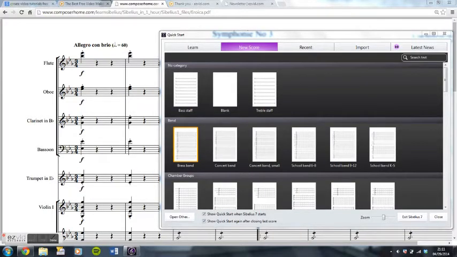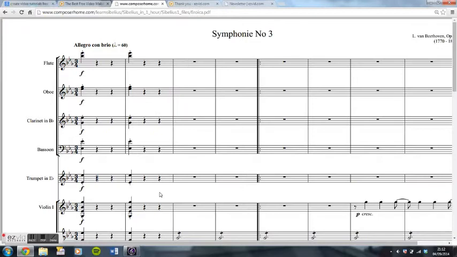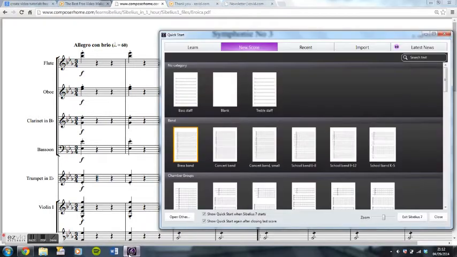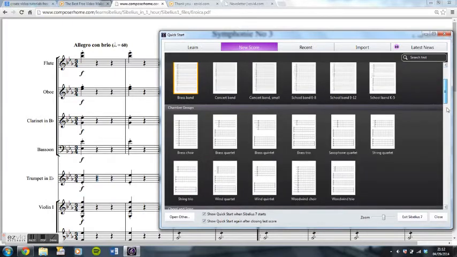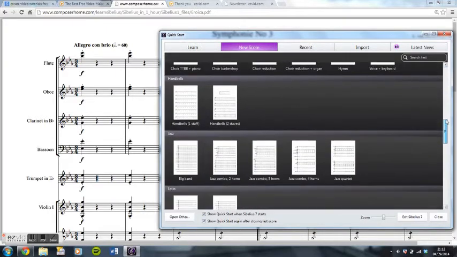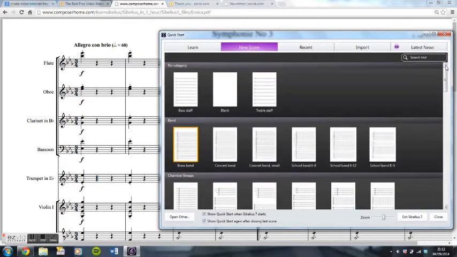So this tutorial will hopefully help you to be able to create your own score in Sibelius. We're going to use the Beethoven score as our example to use with Sibelius. Once you open Sibelius, you should get a screen that looks like so. You may notice there's lots of different types of score which you may want to use when you're composing. But for today, we're going to concentrate on blank. So if you click on the blank, you should get a